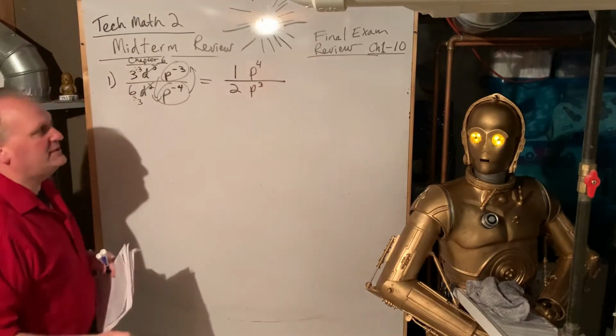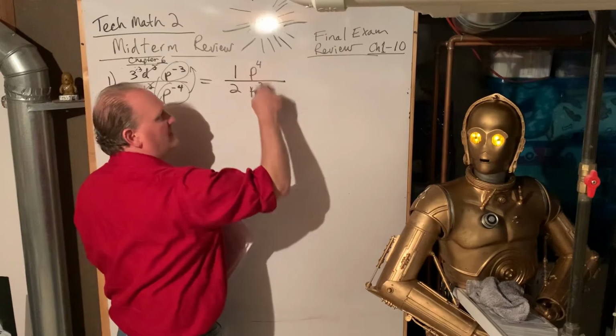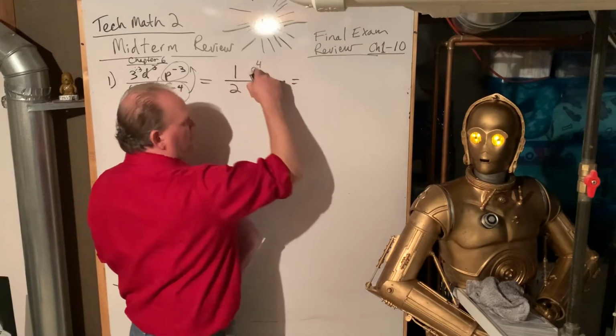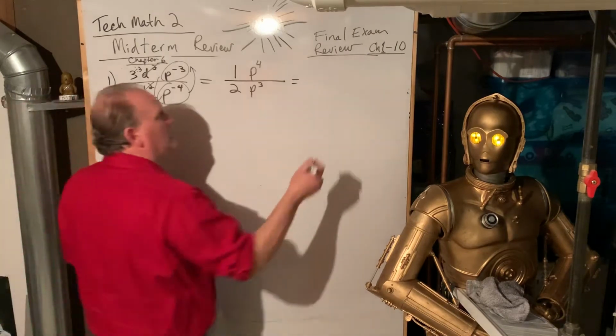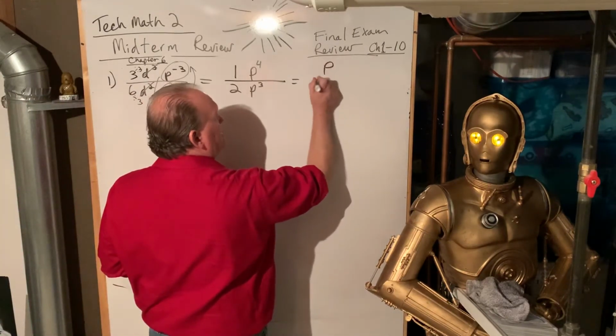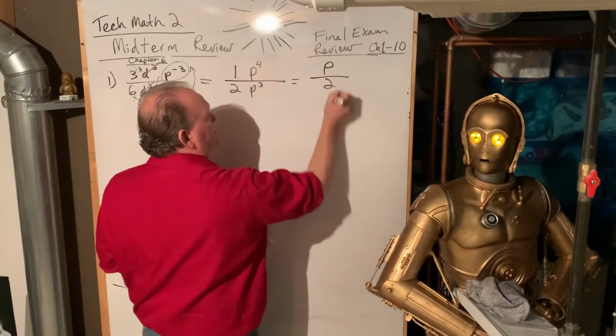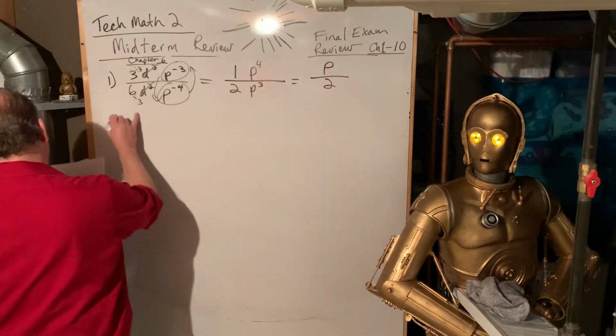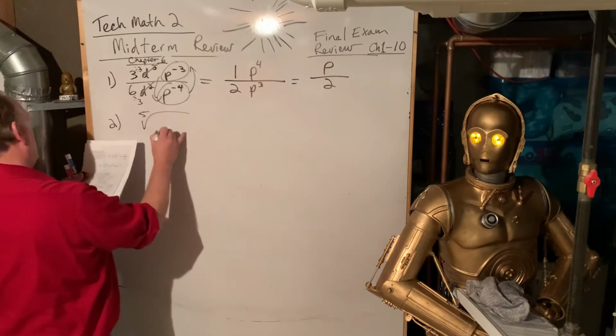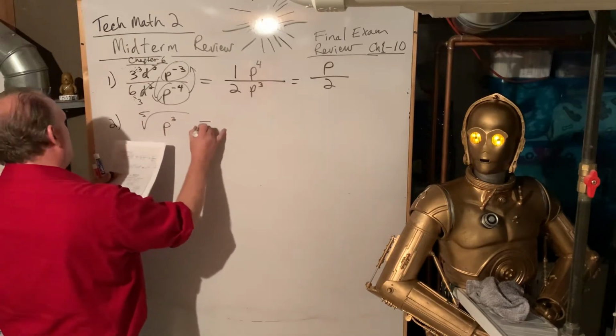And now we can reduce that. There's 4 on top, 3 on bottom. They cancel 1 for 1. Or when you're dividing like bases, you subtract the exponents, top minus bottom. So we end up with p to the first over 2. And that's that one. Number 2 is the 5th root of p to the third, but they want you to